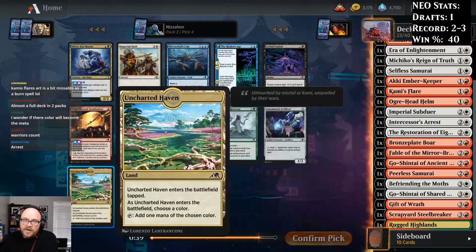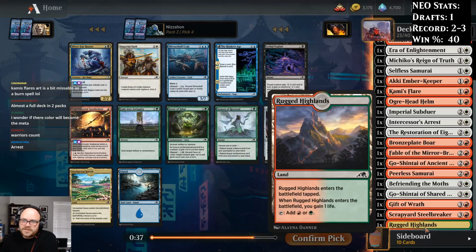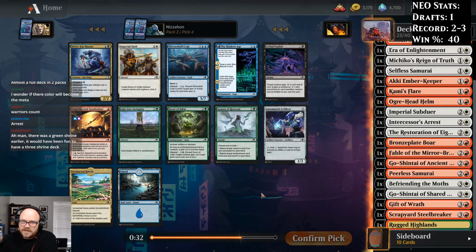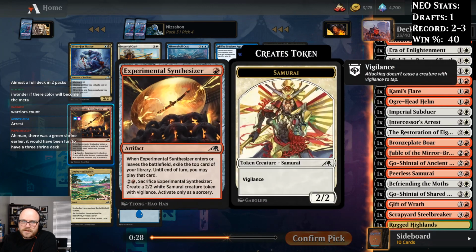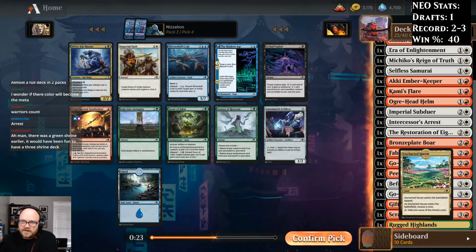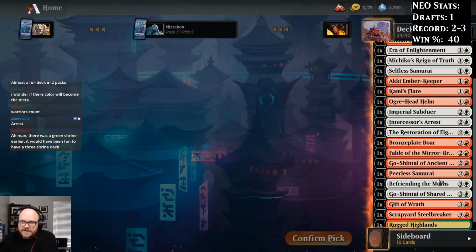So we do have an Uncharted Haven here, which would help us splash our Invigorating Hot Springs. The question is whether it's even worth splashing Invigorating Hot Springs. Another Synthesizer wouldn't be bad. I do think we take the Haven here. It's good fixing either way, so...